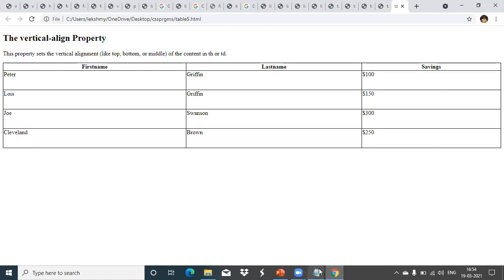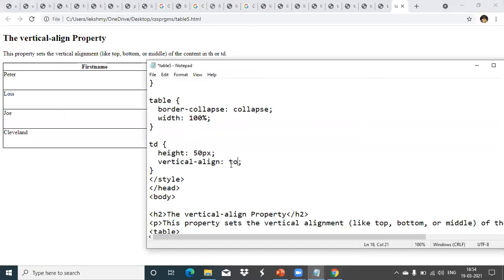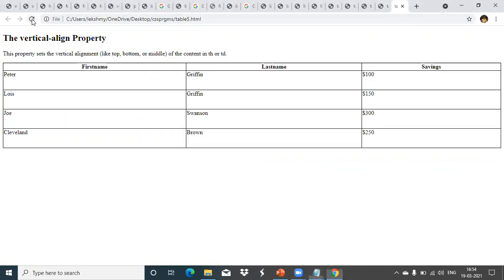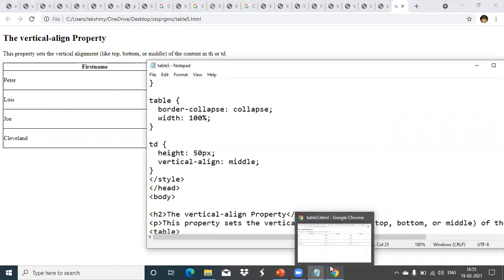If you want, you can change that to middle. So like this, either top, bottom or middle, we can align the table data. That property name is vertical-align. Clear? Any doubt?